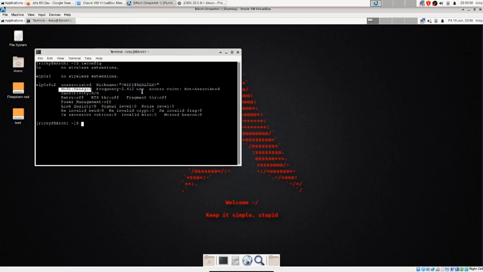So the mode is managed. This is the one we need to change into monitor mode. What we have to do first is bring down the interface. Sometimes if you are in Arch Linux, iwconfig is not available. So you have to use pacman -S iw. It will install all the iw tools and iw commands. In BlackArch, it comes with all those tools.